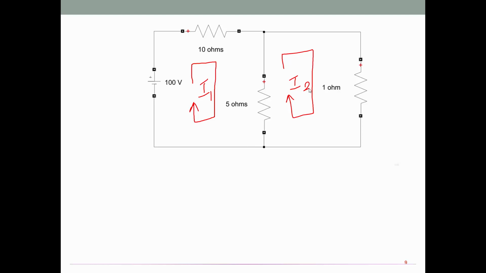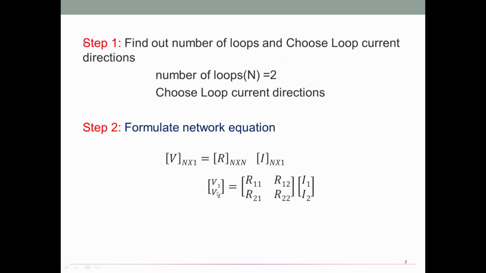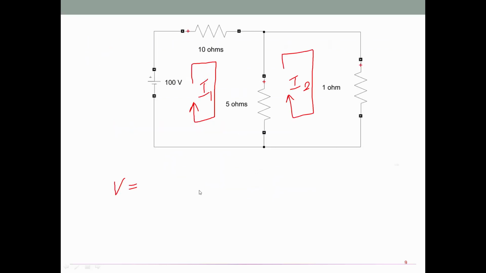We are supposed to find out voltage vector V here. Let me go back to the previous slide so that we can able to understand what is V, what is R. So here is the equation we have to formulate. V1, V2 representing voltage vector and R elements representing resistance matrix. Now let me calculate voltage vector